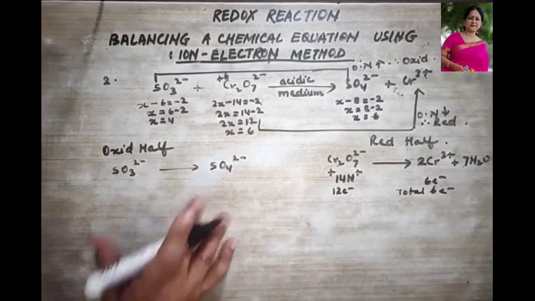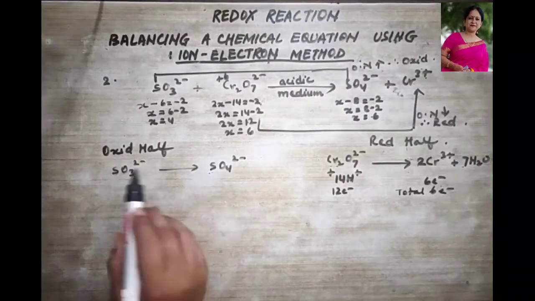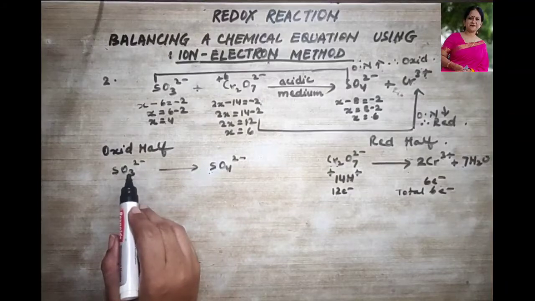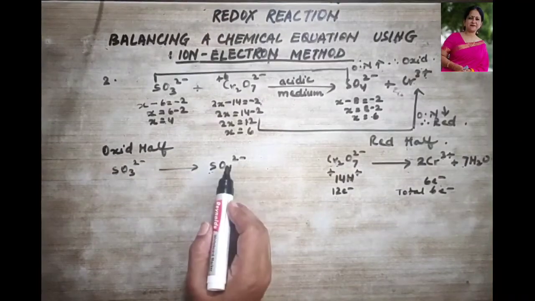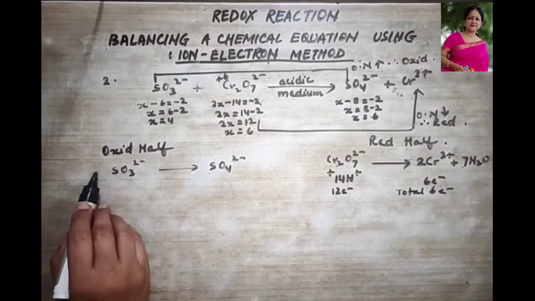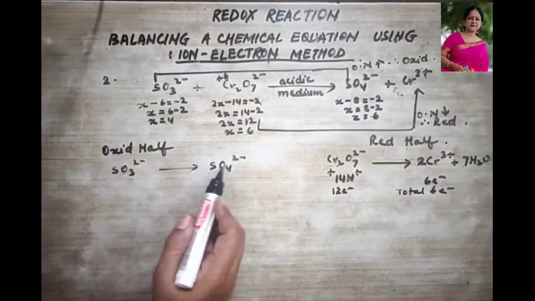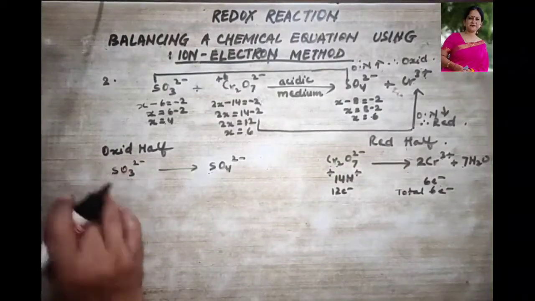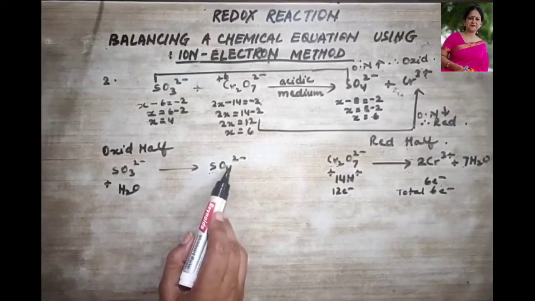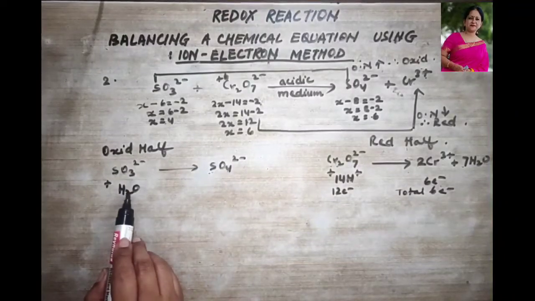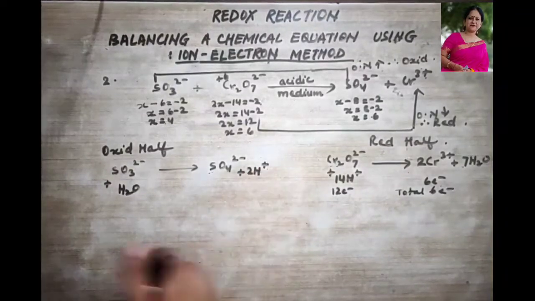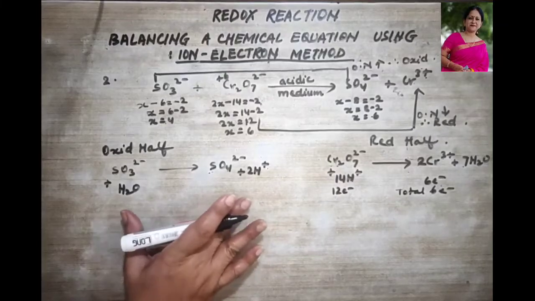Okay. Now let's come this side. Sulfur I had already told you. Oxygen we need to balance. Here how many? 3. Here how many? 4. So we cannot add water over here because oxygen is already more. So we need to add water wherever oxygen atoms are less. So it is less this side. How much less? 1 less. So we add plus H2O. Okay. So now 3 and 1 is 4. This is balanced. But now how many hydrogen has increased? 2. So we add over here plus 2H. Is this clear?